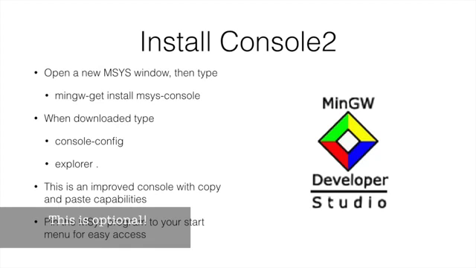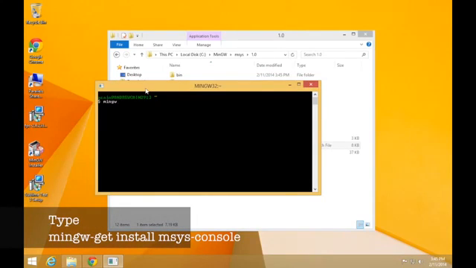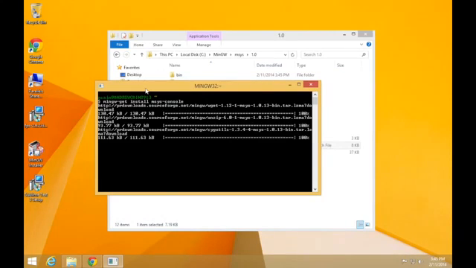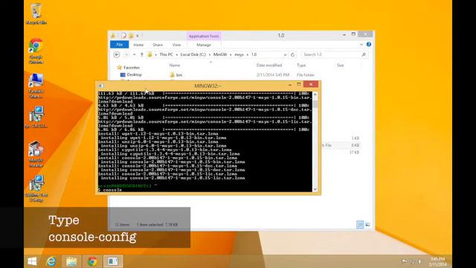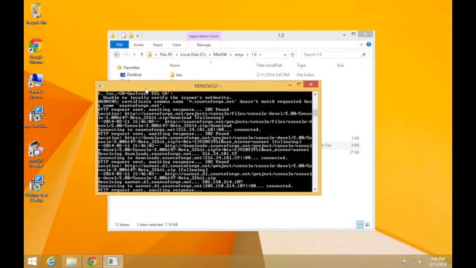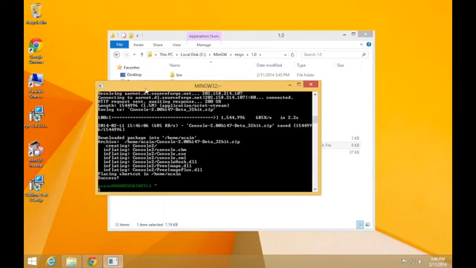Okay. Now we're going to install the console2 program. To do that, type mingw-get, one word, space install space msys-console and press enter. This is going to get all of the files you need to be able to install that console2 program. It will download those, just wait for that to finish. And when that's finished, what we type is console-config, enter. And that will go ahead and configure the console program and get it ready for us to actually use. When that finishes, we now have our console2 program. It will be called MSys so that it relates to